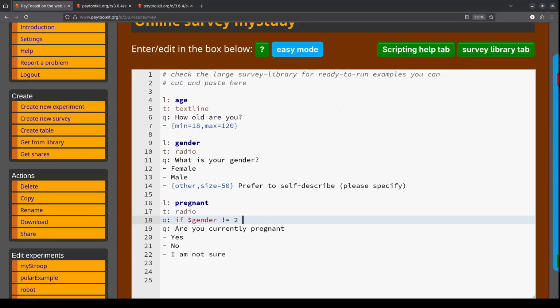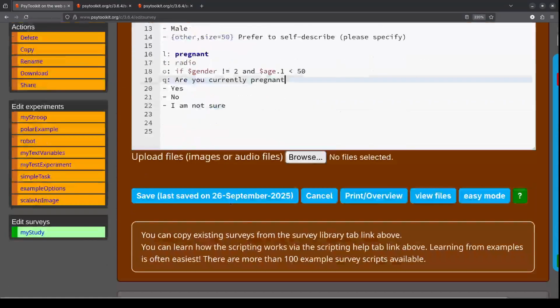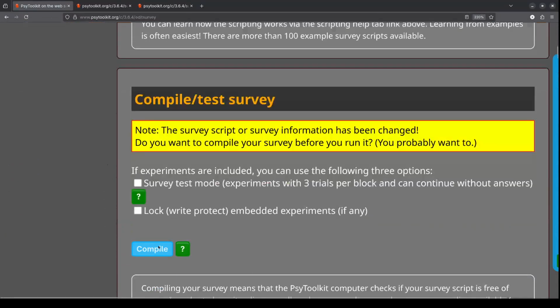Then in PsyToolkit you can use the and here. You say and the answer to the question age. Now age can have multiple text lines. We only have one, so it is the first text line, but in that case you still need to say dot one. If age dot one is below 50, only then. So if people are not male and the age is not 50 or older, then we will ask this question. So save that, compile,